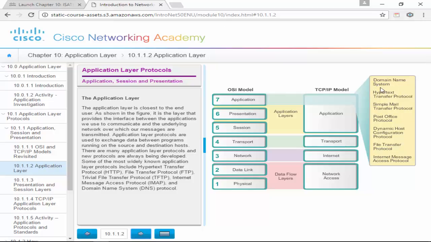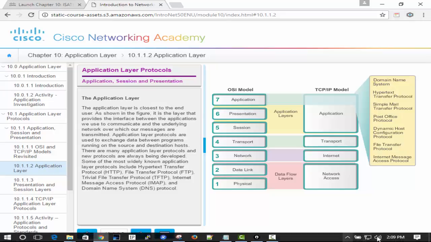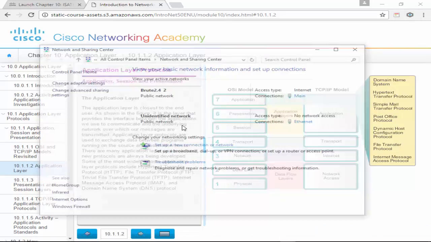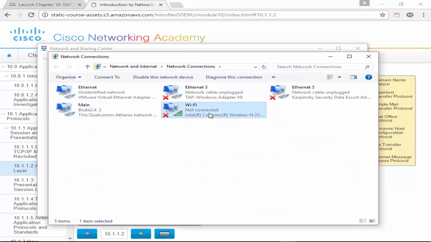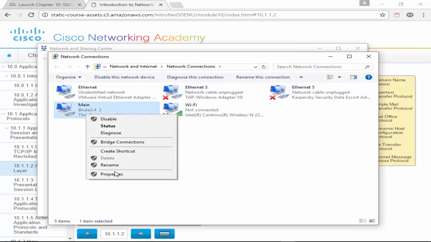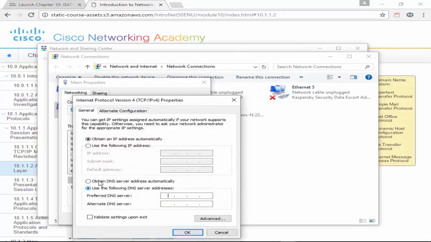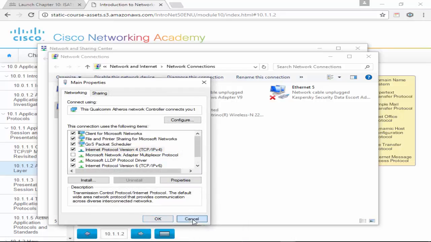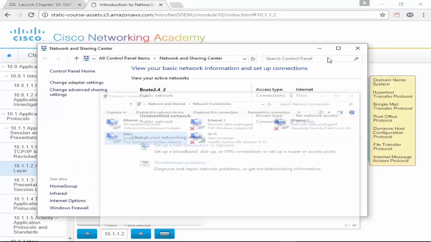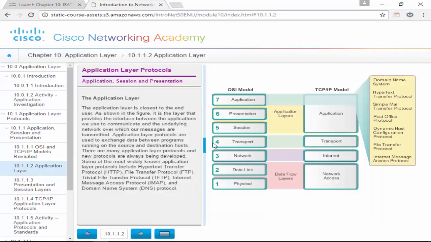DNS, domain name services. So what is DNS? Well, you can find it right here. We go into our properties where we set our IP addresses, and we see this DNS thing. But what is this DNS thing doing? Well, we don't need it for network connectivity. We need it to go to Google or any other website. So instead of me having to memorize IP addresses such as 8.8.8.8 for Google, or who knows what this is,